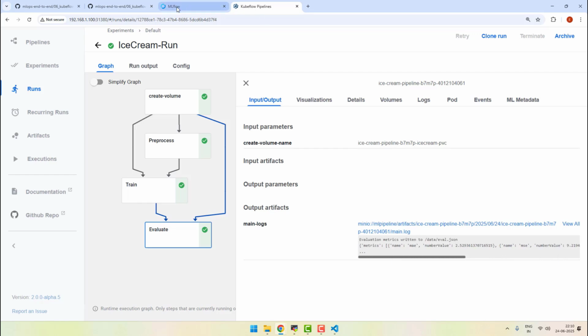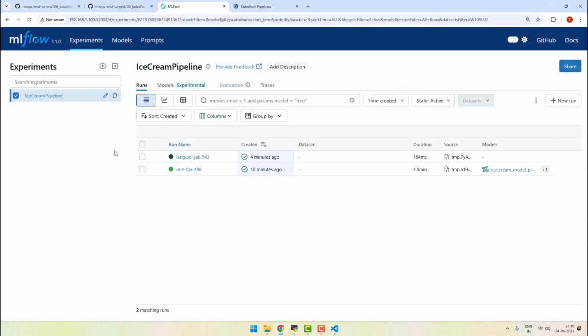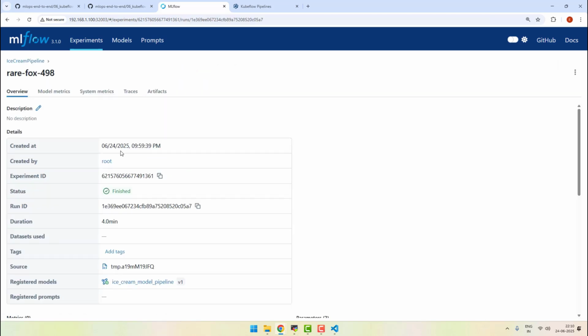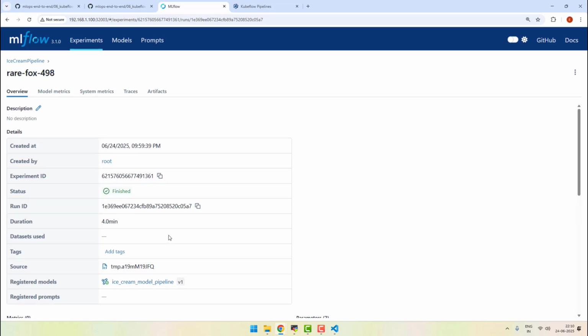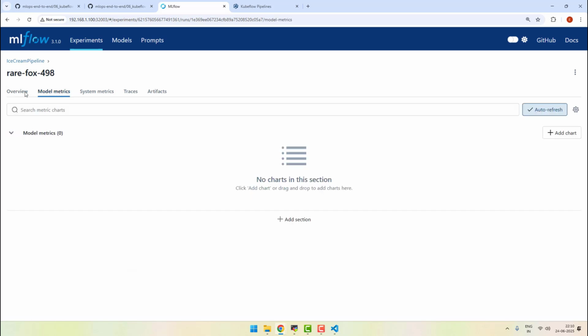In the same way we can go into the MLflow part, and we can clearly see the ice cream pipeline is available there. This is the execution which we ran 10 minutes ago, and I'm just clicking on it, and inside it we can see it is finished with the green icon. This is the ice cream model pipeline version 1. To see the metrics of this model, we can go into this part, and